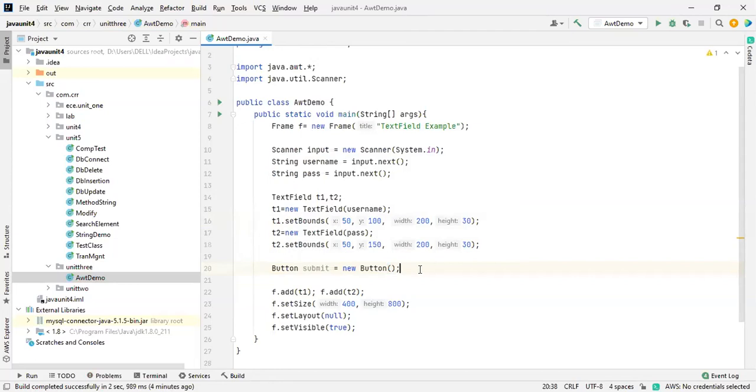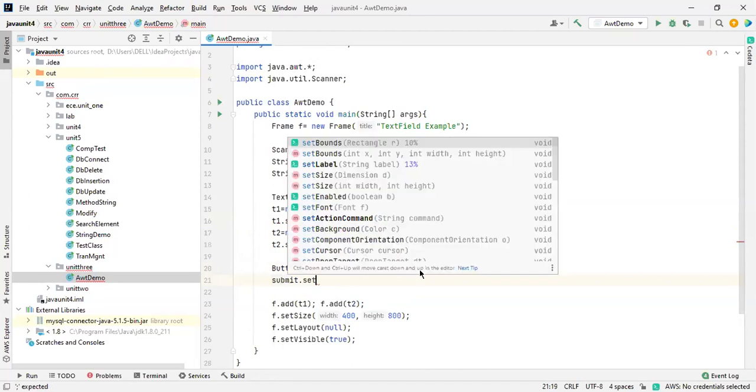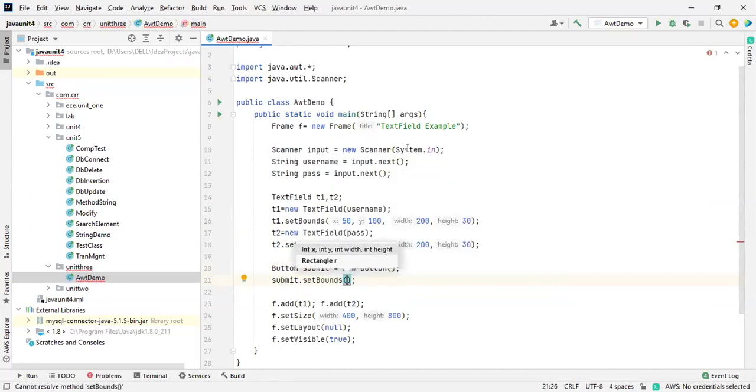First of all, submit button dot set bounds. I will take it as 50, the same, because it should be below these text fields, right?